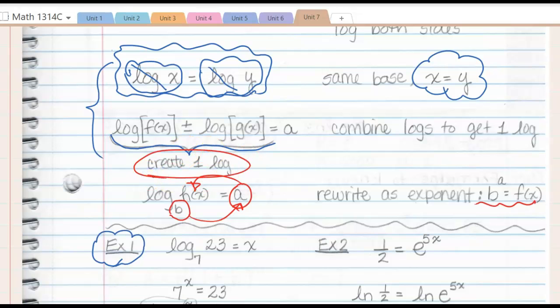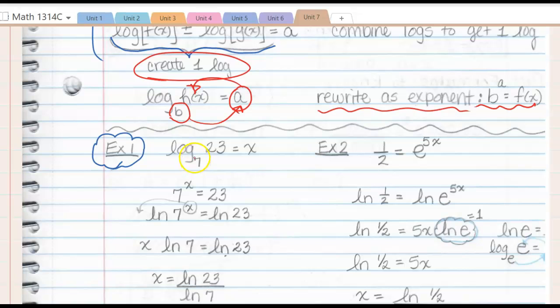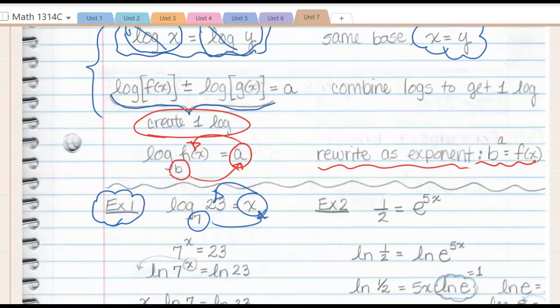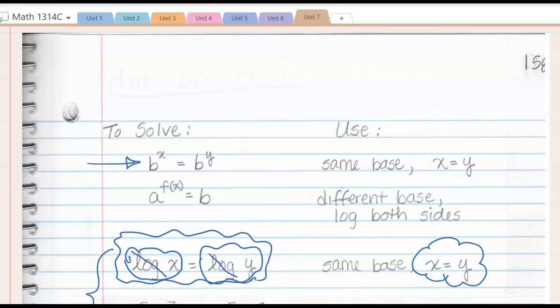We have one log on one side, and we have it in this format that we have here. Our job is to rewrite it as an exponential. So remember, here is our base to this exponent that will equal to this argument. So I'm going to have 7 to the x is equal to 23. Now I have an exponential problem, and our two choices for exponential